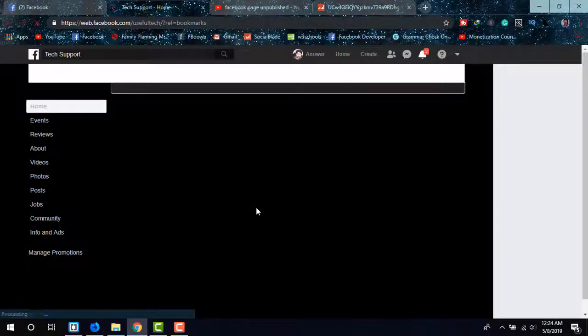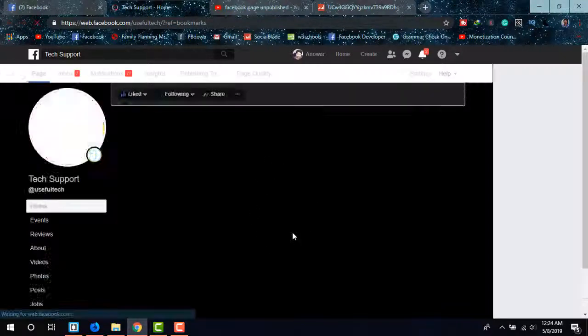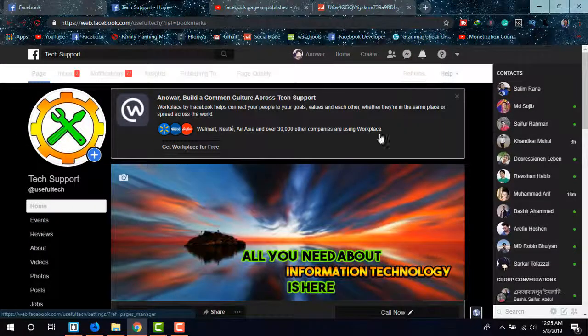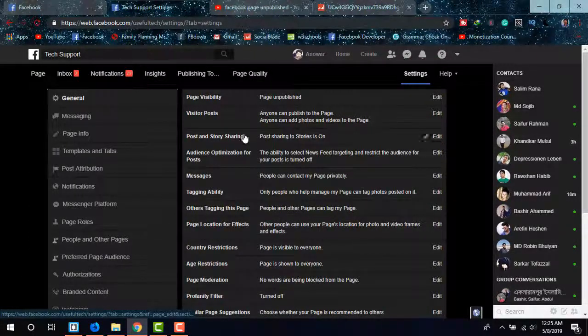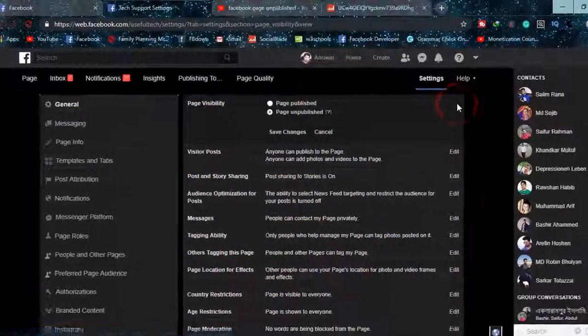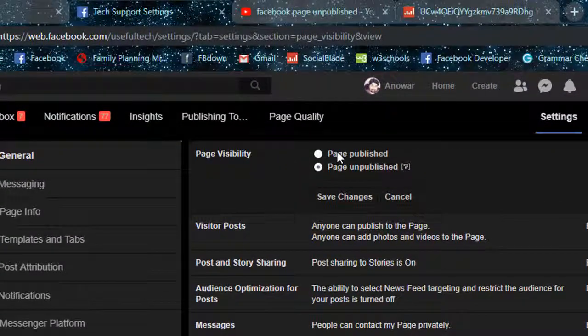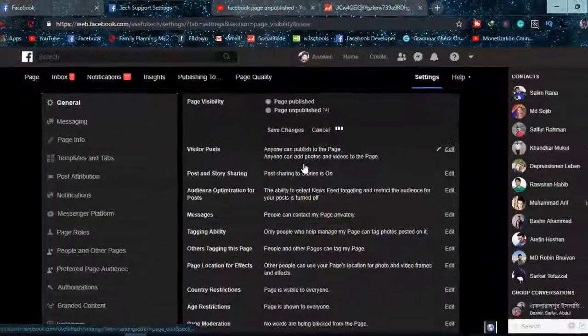And as you can see, this is a black theme I'm using, which is why it is black. And going to settings, and from there page visibility, it is invisible or unpublished. And now what I'm going to do, I'm just going to simply click on page published and save changes, and